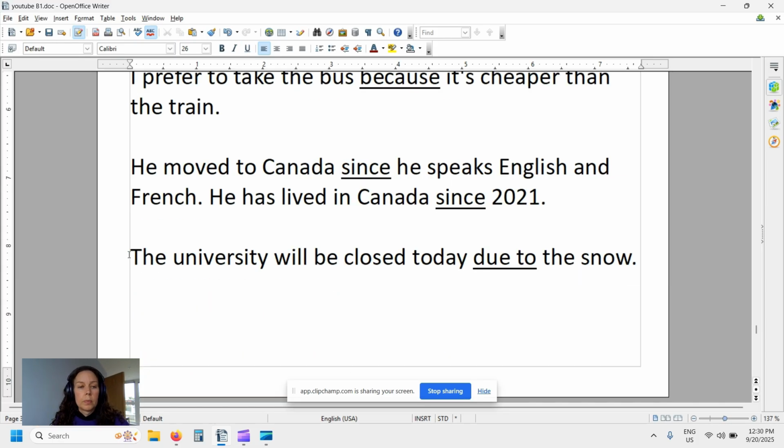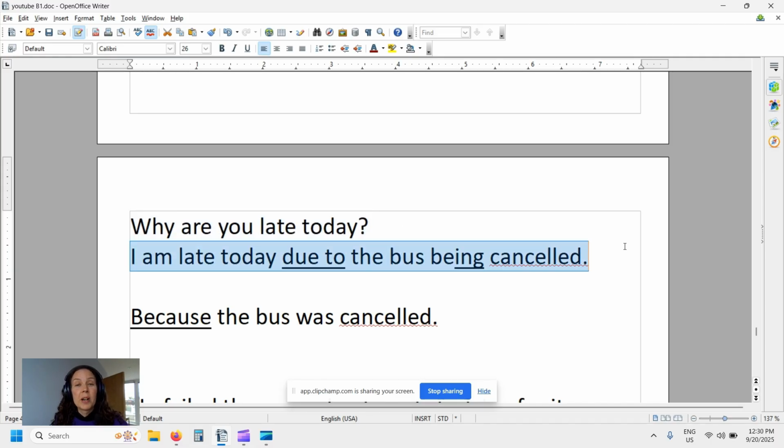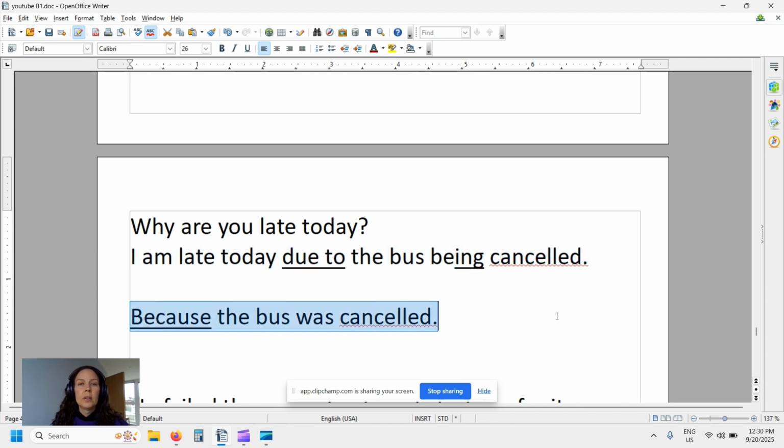Due to. The university will be closed today due to snow. Sometimes due to sounds official, but you can also use it just like you would use because and since. Why are you late today? If you are answering someone official at the school, you might say, I am late today due to the bus being cancelled. If you're talking to your friends or your family, you might use a more informal version, because the